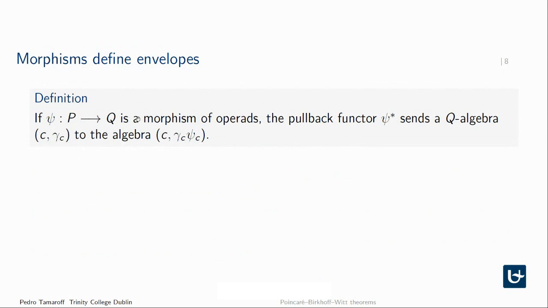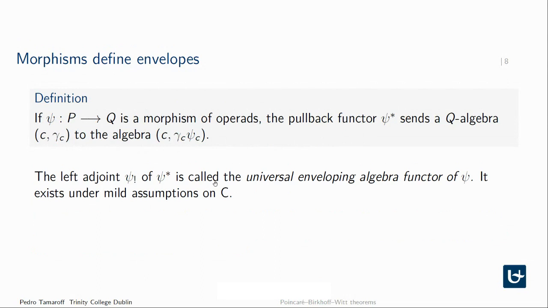So if I have a morphism of operads, as I was telling you before, there's a pullback functor. Whenever I can act on an algebra on the codomain, I can pre-compose with that morphism, and I can act on the algebra seen as a P-algebra. And of course, as I was explaining before, this pullback does not change the underlying object. It sort of remains intact, but it changes the algebra structure. Okay, so as an example,